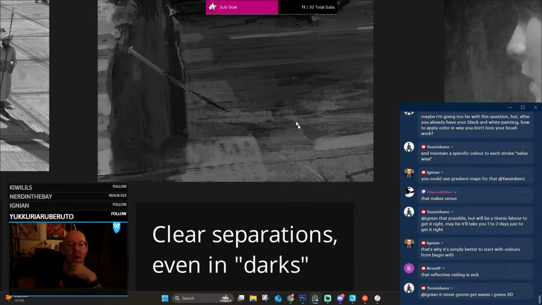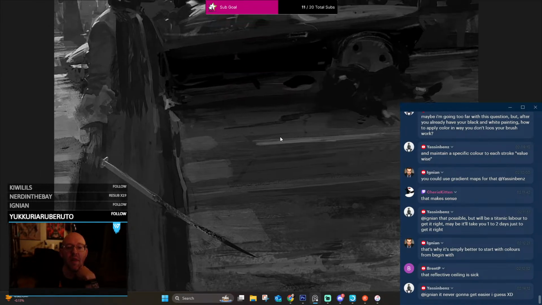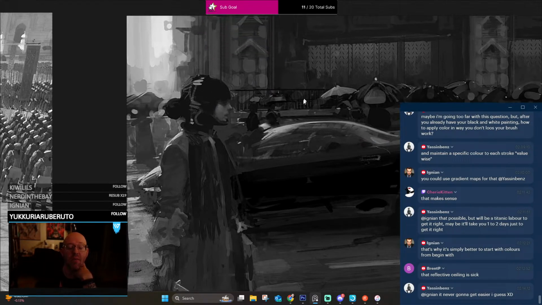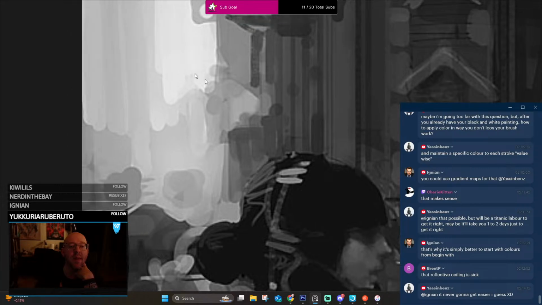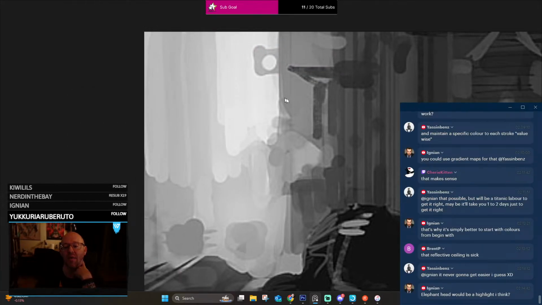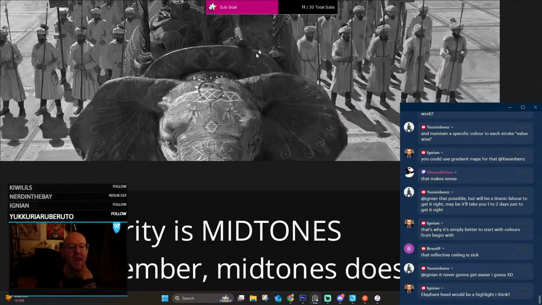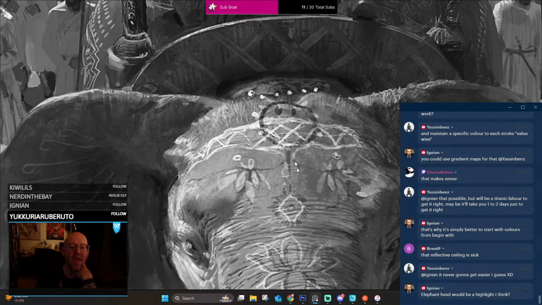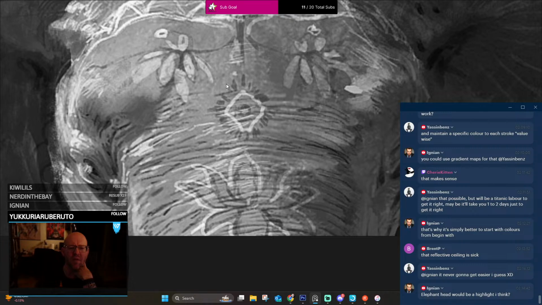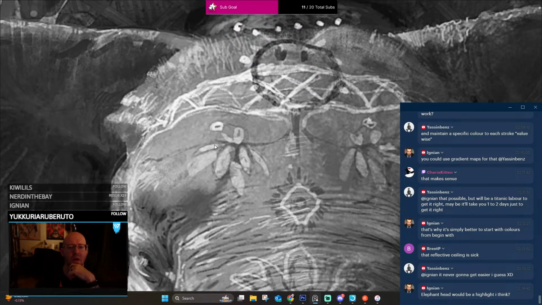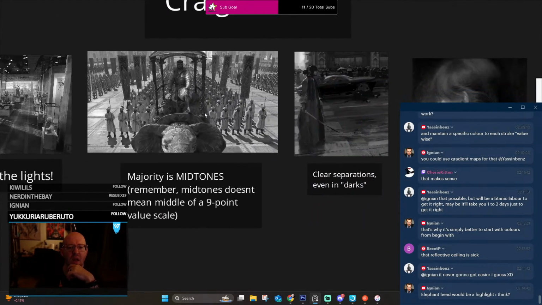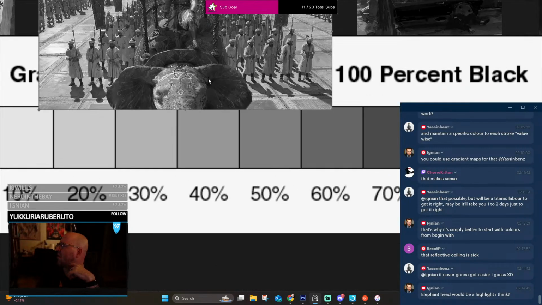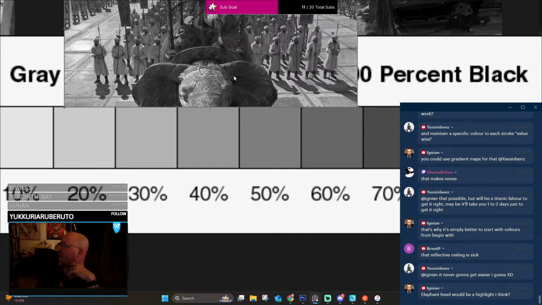And then here, I wanted to show there's clear separations even in the darks. A vast majority of this painting is a 60% or darker. But then you have the nice little bit right here, this nice little value hit. Elephant head, maybe the design, but not the head itself. No, the head itself would be like a 40 on the value scale. Do you know what I'm saying? Like, if we brought over this value scale right here. I mean, look at that. You know what I'm saying?